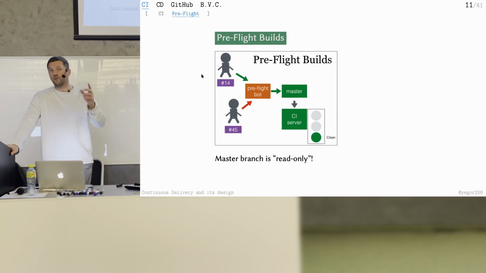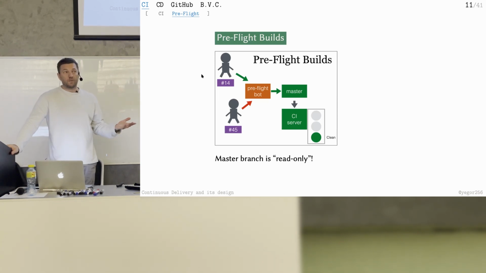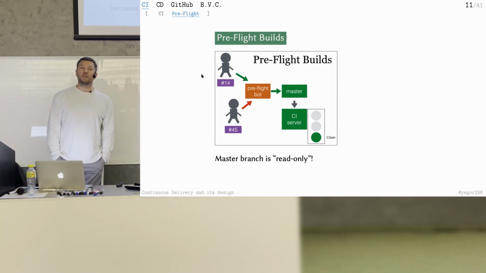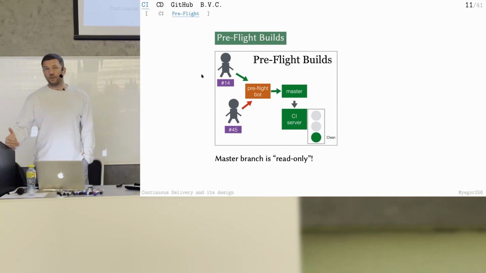Now it's possible. Now you can go to configuration, restrict the access to certain branches, and say the master branch is only for the robot. Only the robot can push to the master branch. Before, it was not possible. So the world changed a lot. So now you have this as a good practice. Most people understand that the master branch has to be read-only, so we should not allow programmers to push directly to the main development trunk.